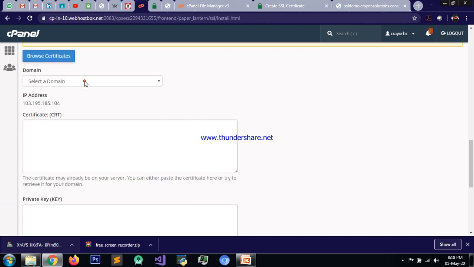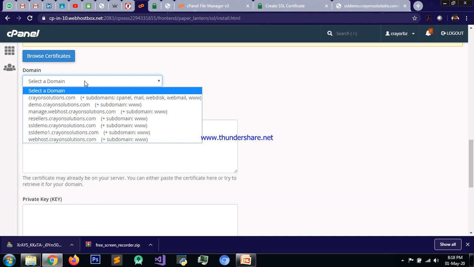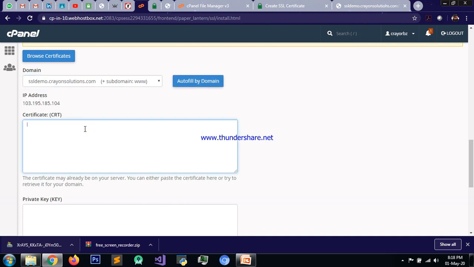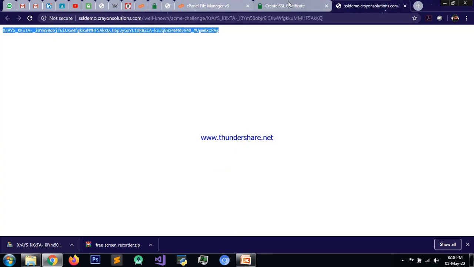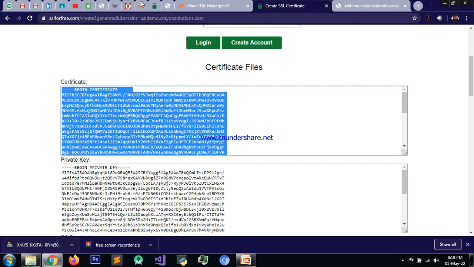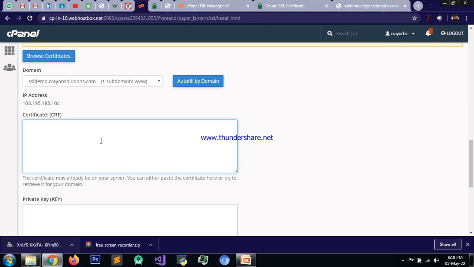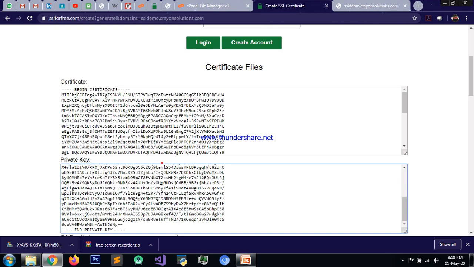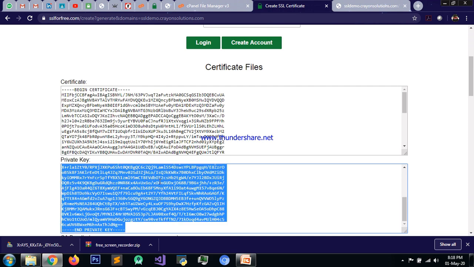Here I have to select my domain name for which I have generated my SSL certificate. I will just select ssldemo.crayonsolutions.com. Now here I will have to paste all the files which are generated on sslforfree.com. Now first I will copy the certificate file. I will just copy and paste it here. I have pasted it here. Then again I will have to copy the private key